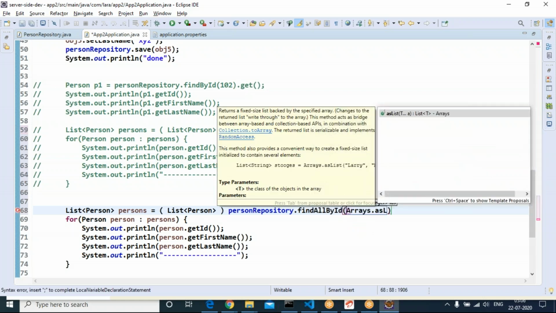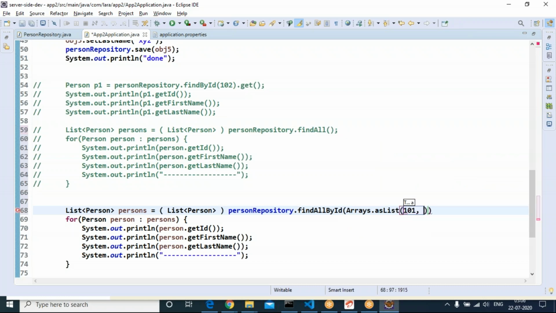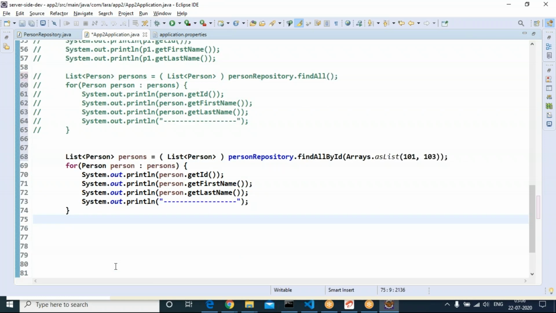Arrays.asList, supply 101, 103. I wanted two objects. You can specify any number of objects to read by using their ID. findAllById, Arrays.asList 101, 103. Same program.